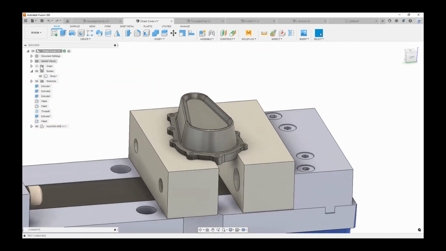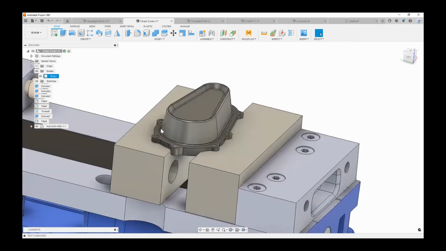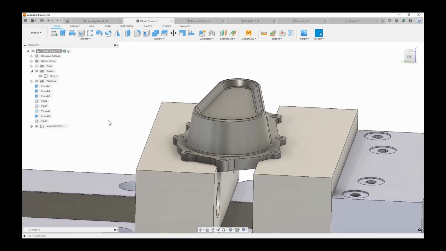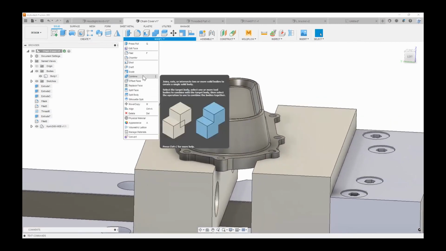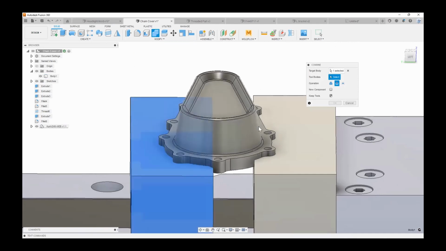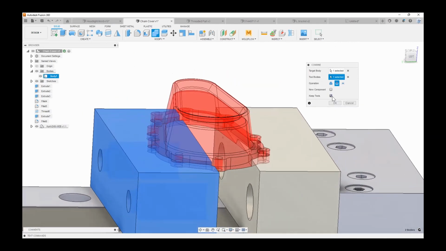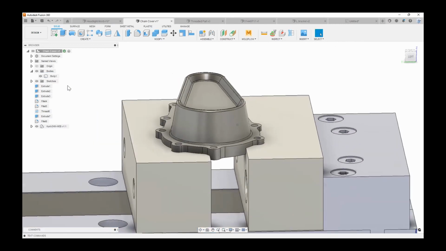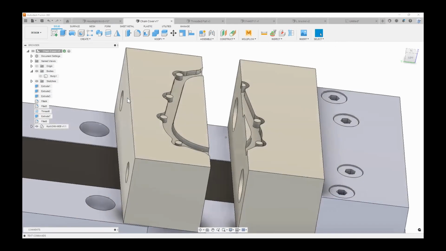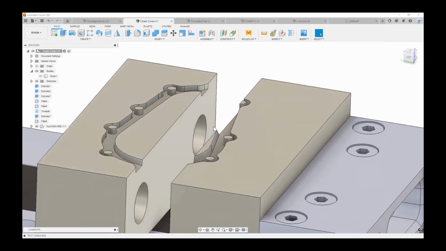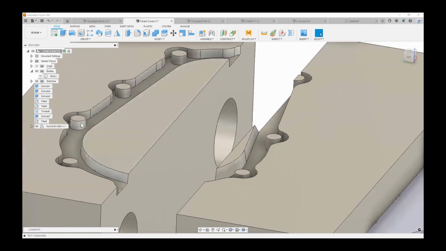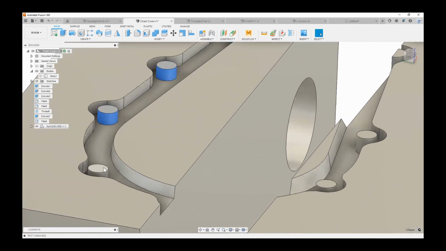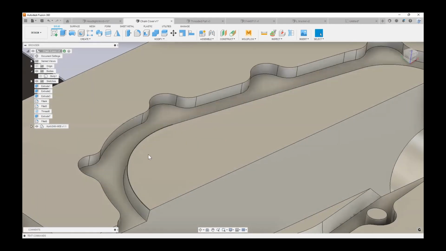Okay. Let's just say I want to complete this profile on this body right here, right? What I can quickly do is a quick combine feature. Say this is my target body, this is my tool body. I need to intersect that, keep my tools, I'll hit OK. Just give Fusion 360 a couple of minutes to think about it. Now I've basically created the soft jaw for it without having to involve my designer, without having to find them,